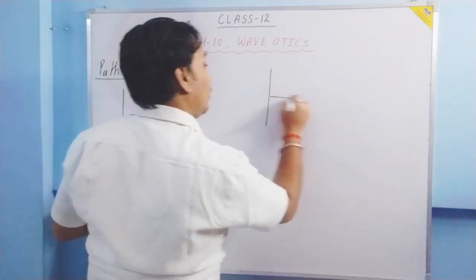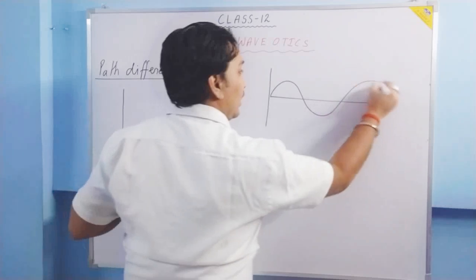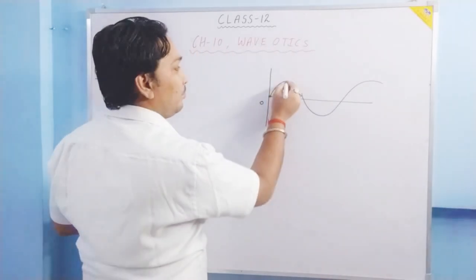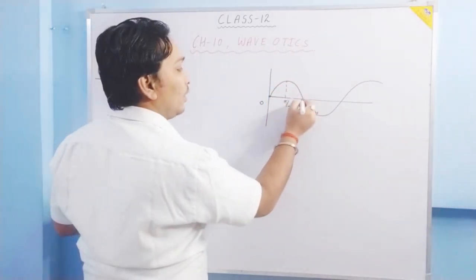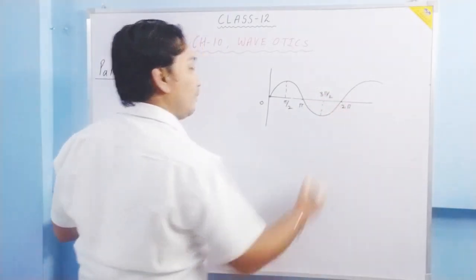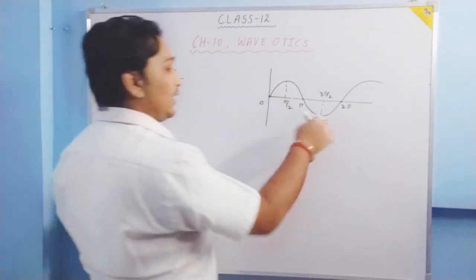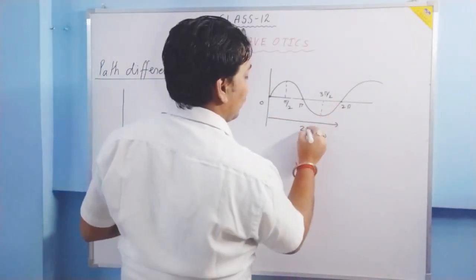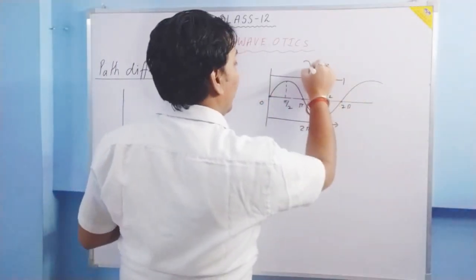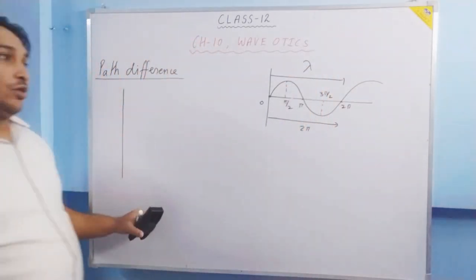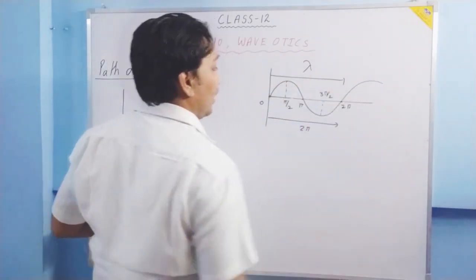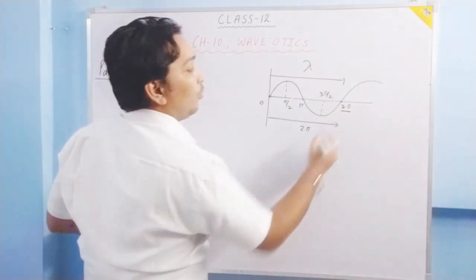First of all, tell me this thing, that if a wave is like this, it is 0 degree. Suppose this wave represents sine. This is your pi by 2. This is your pi. This will be 3 pi by 2. This will be your 2 pi. So in terms of angle, from here till here the angle is 2 pi. But in terms of distance, this very distance is called wavelength. So when a wave travels a complete wave, one crest, one trough, passes through a point, the phase of the point changes by 2 pi.